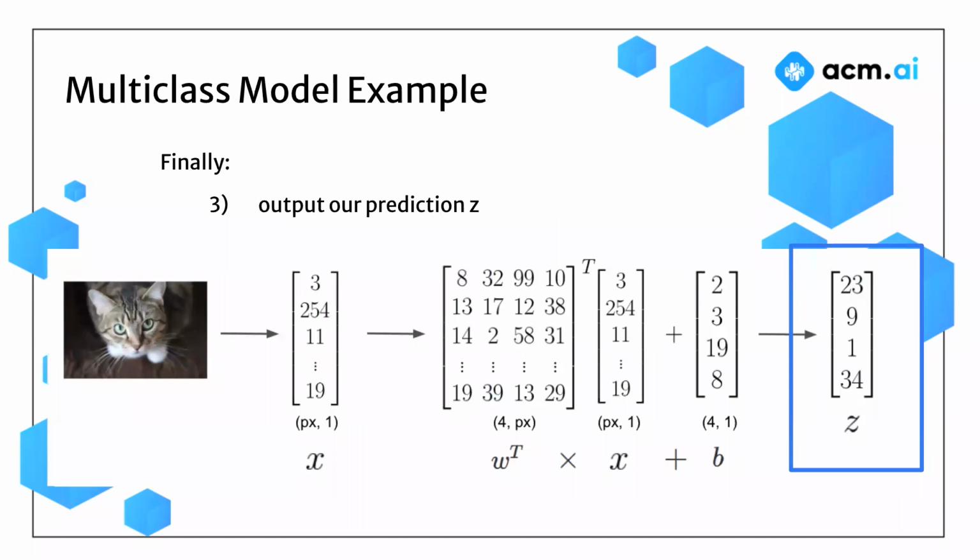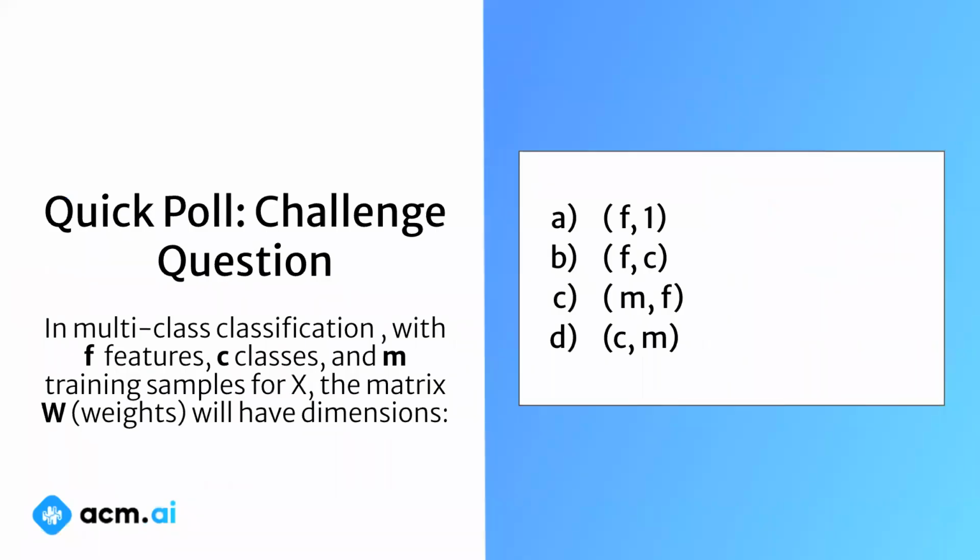So we have these numbers for each class, but we don't know what they actually mean, because they're just numbers, right? What does 20 mean in the context of 34? We don't really know what 24 means in context, but we're going to apply a function to make this understandable. Before that, a quick question: what are the dimensions of the weights if we have f features, c classes, and